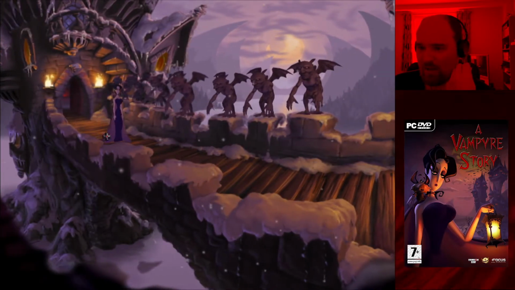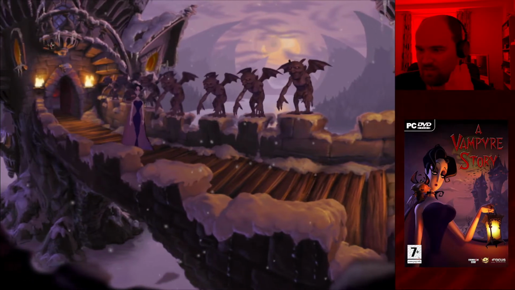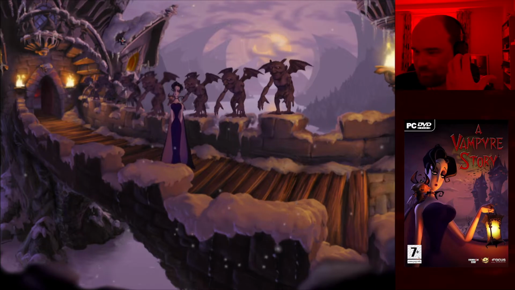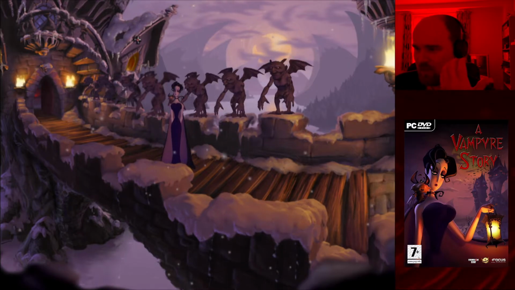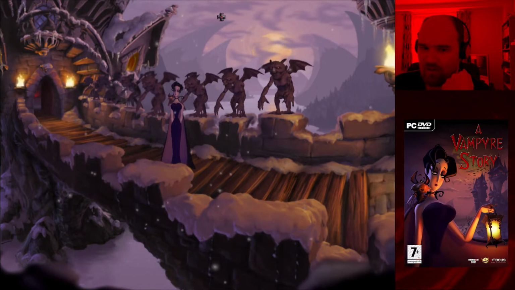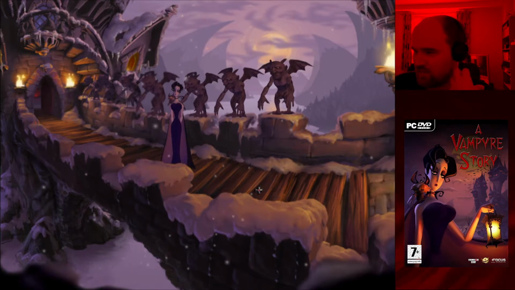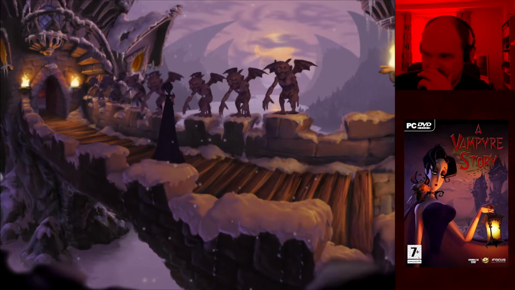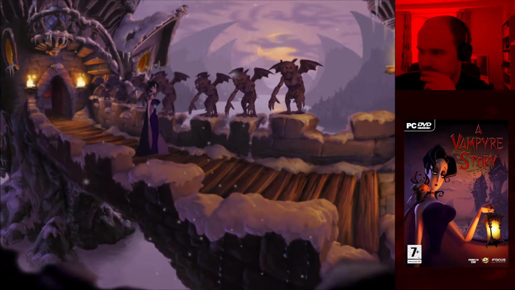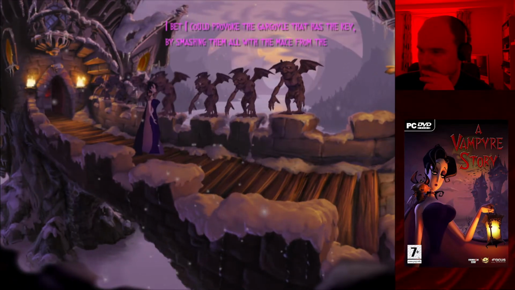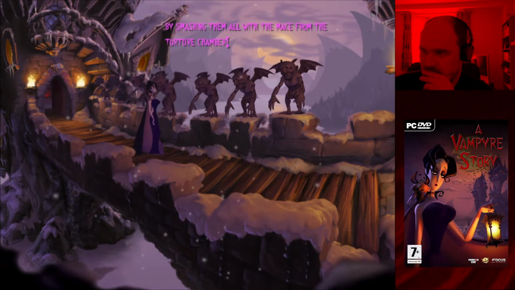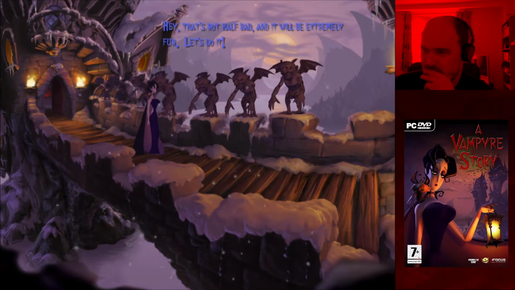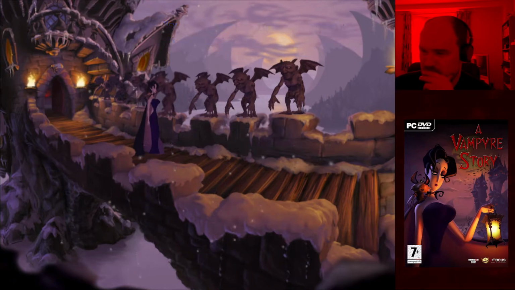We've already established that maybe the best way to get the key out of the gargoyle is to just smash it, right? So what if we give her the idea? I bet I could provoke the gargoyle that has the key by smashing them all with that mace. Hey, that's not half bad. And it will be extremely fun. Let's do it.